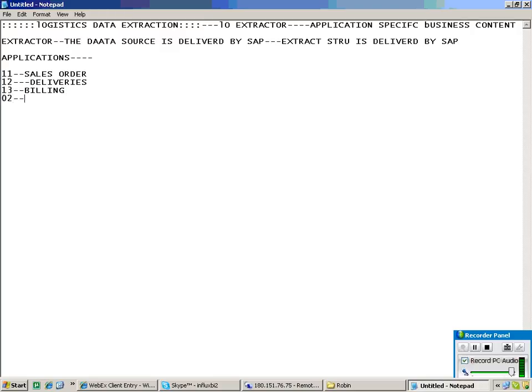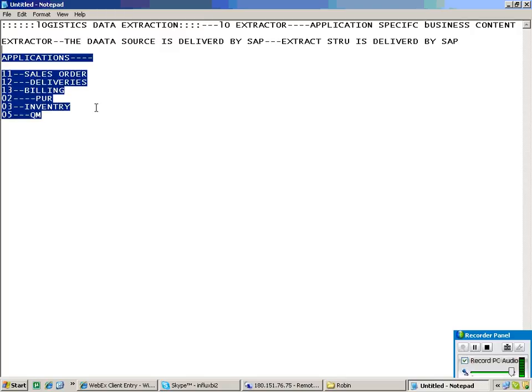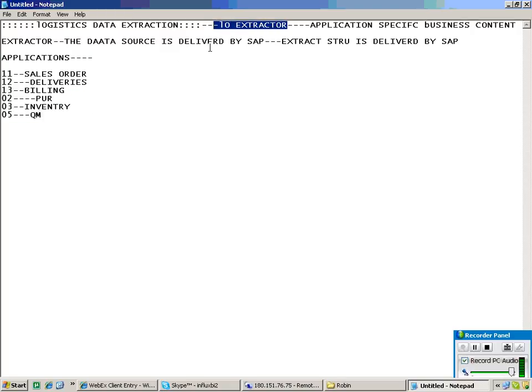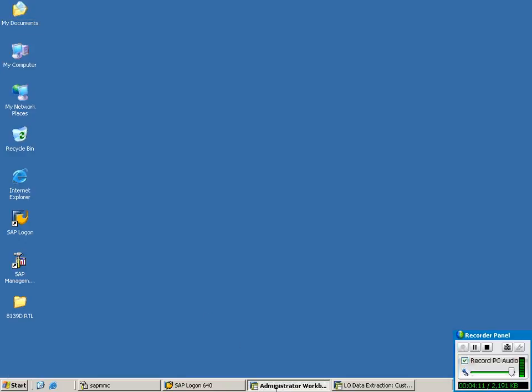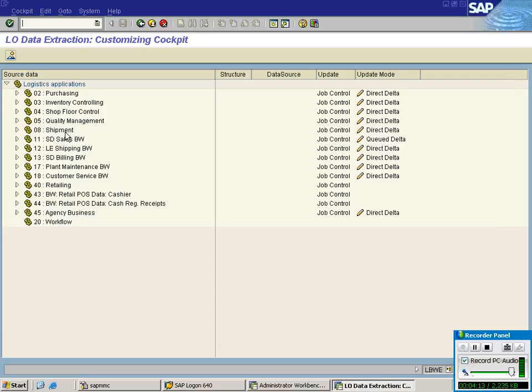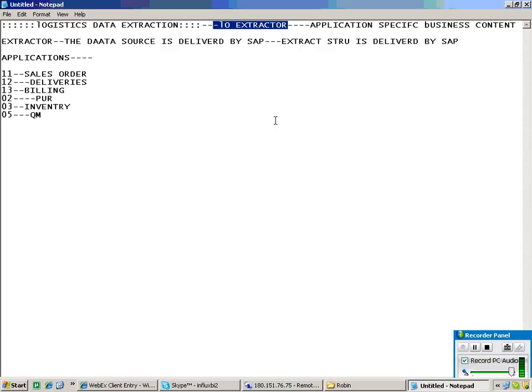Next, 02 purchasing, 03 inventory, 05 quality management. So these are the important applications related to logistics. By using this LO extractor, we can extract any of the logistics applications data. Getting my point? Any doubts on this?